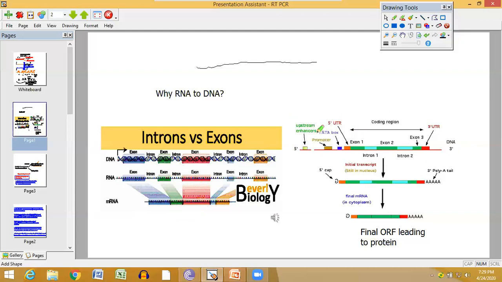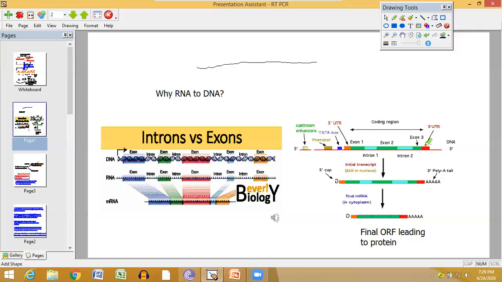Here one illustrative example is also there. Here you see exon and intron are alternated. It is a eukaryotic DNA. So exons and introns are alternately arranged. And upstream, as I have already told you in the genetic engineering chapter, there are also some regulatory parts, like the promoter and an upstream enhancer. That means the regulators are there. There is a box called the TATA box, which helps the RNA polymerase to recognize the gene. The gene sitting portion is recognized by the RNA polymerase because of this TATA box. And in the downstream region there is the 3' UTR, the untranslated region, that cannot be translated.